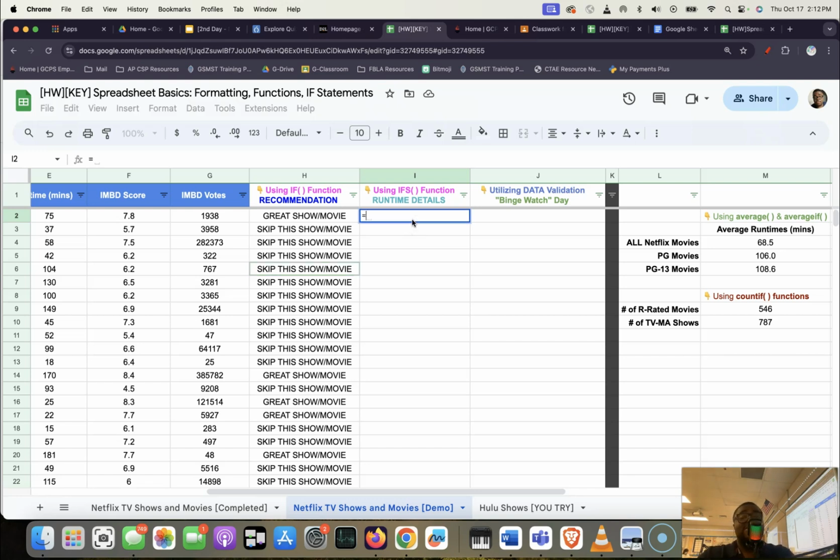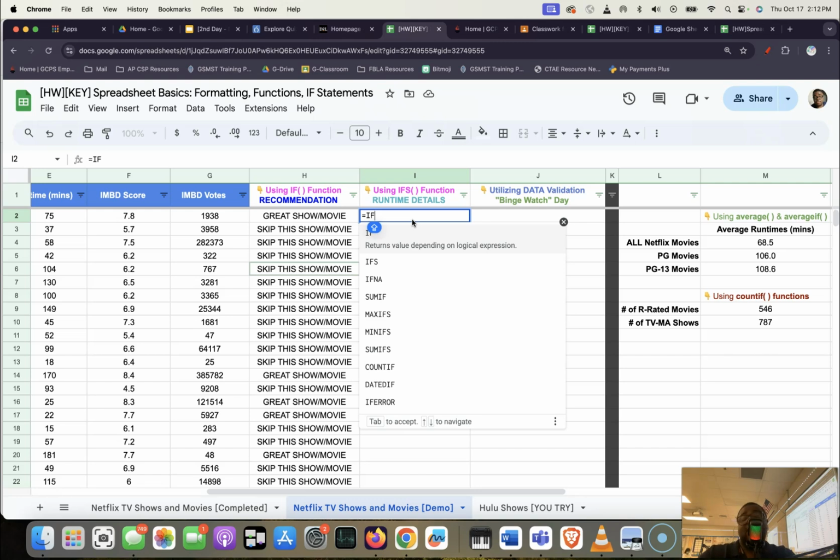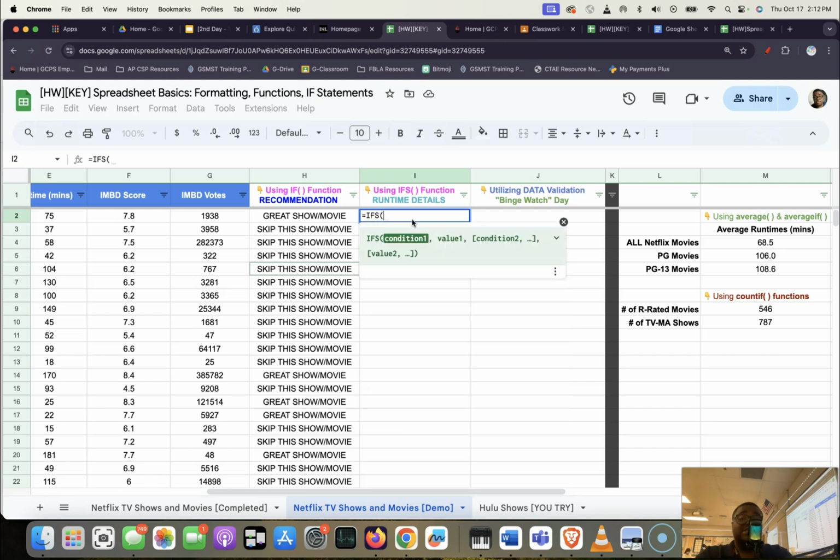So again, as always, equal IFS, right? Call the name, then do your open parentheses. And then here you can see in our little contextual window, we have condition 1, value 1, condition 2, value 2, condition 3, value 3, et cetera. So we're going to do